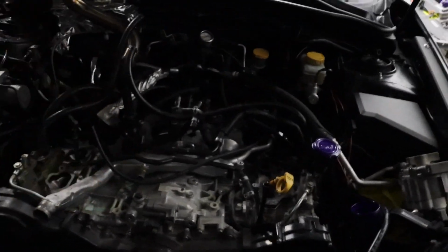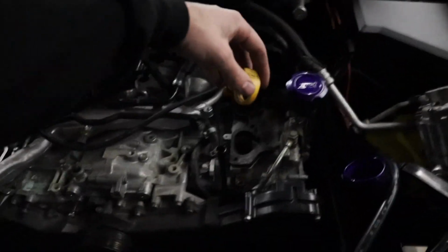I just need to, I think, just do the bell housing bolts. I think I'm going to remove the header to make it a little easier, and that's it. Oh, I bent my dipstick. That's silly. Anyway, more to come tomorrow